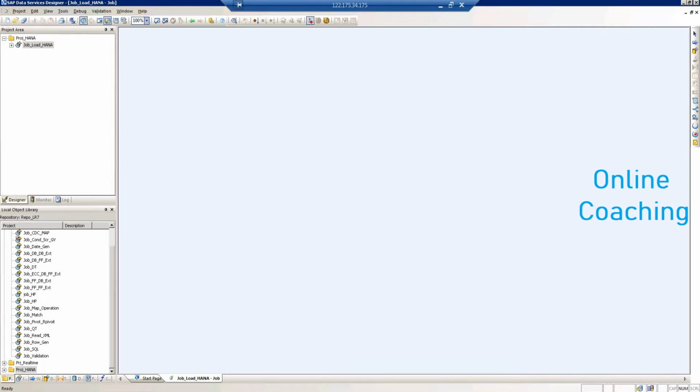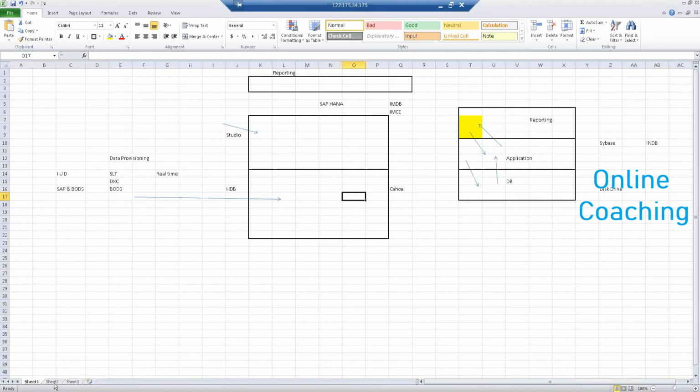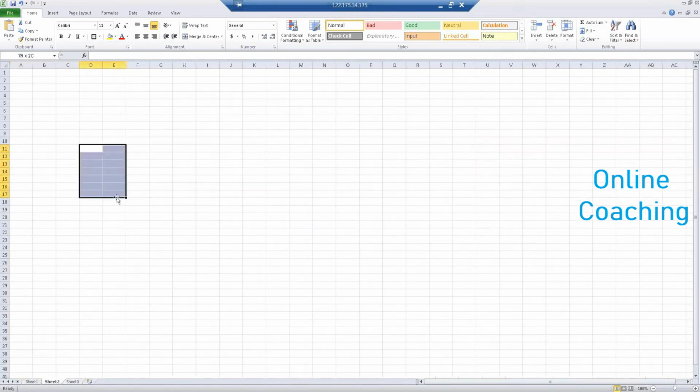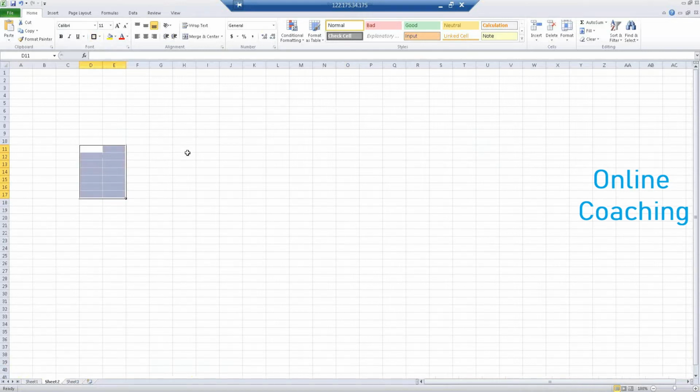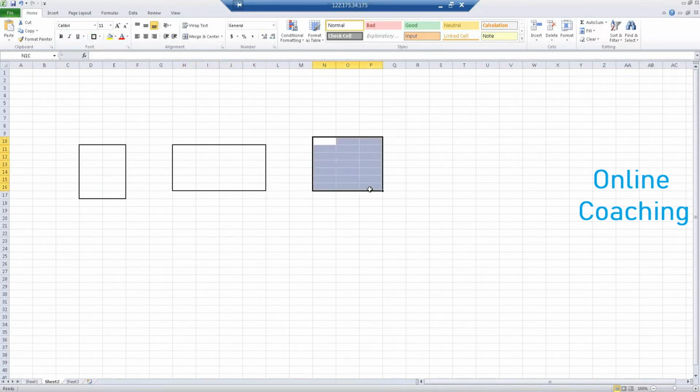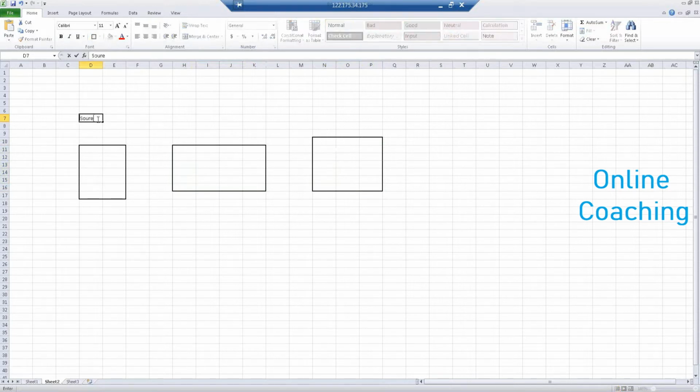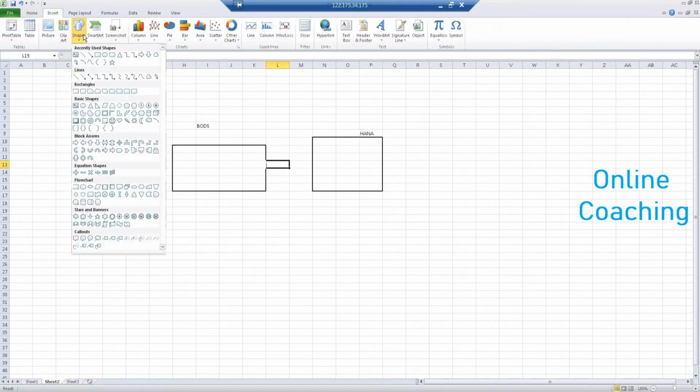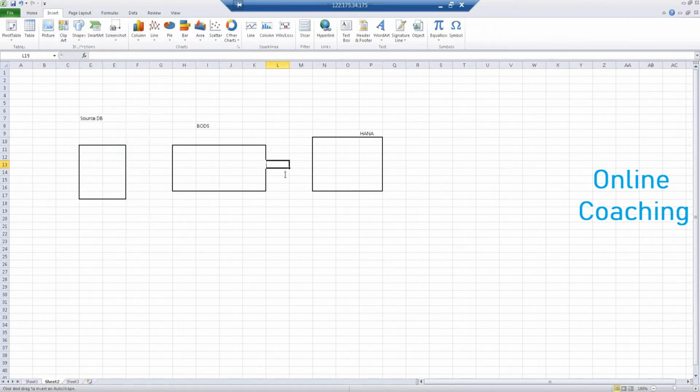Right, so what are the prerequisites? So I have a source, which is the database table, and then I have a BODS box, and this is my target. HANA is a database, right? So for us to connect to SAP HANA, we need a data store created in Data Services, right? So we need to